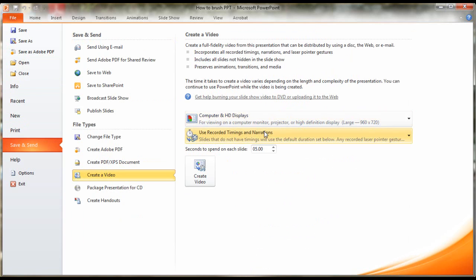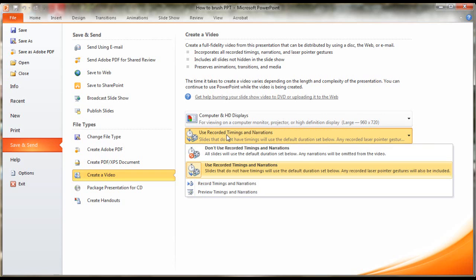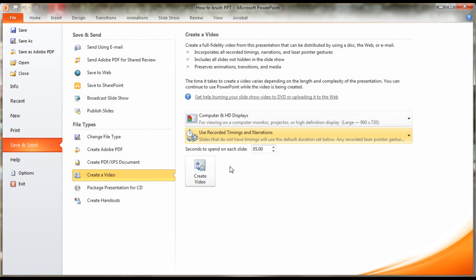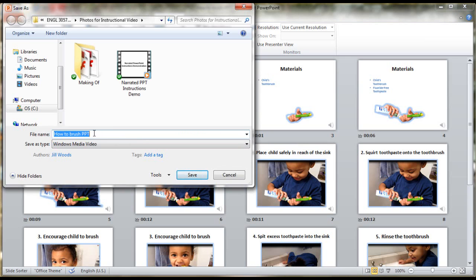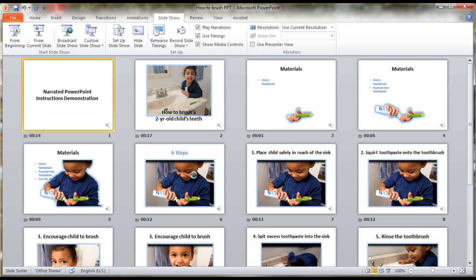Since I have recorded timings and narrations, I want to make sure that this option is clicked, and then you can see if you click on this, you can take it off by not using recorded timings. But since I have narration, I want to use that. And then I click on Create Video. It gives me the option to name my video. I already recorded it before, so I'll do this one as 2. Save my file here, and now